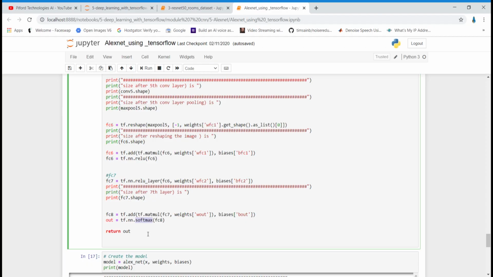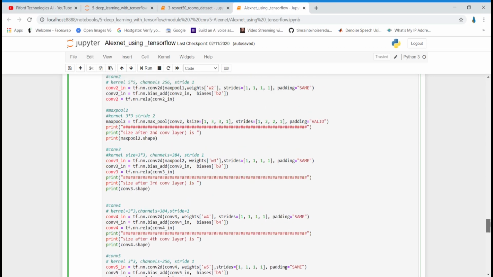But over here we want to know to which particular class the image we are giving to our algorithm belongs, bedroom or dining room. For that, our algorithm will give us the probability that this particular image belongs to bedroom, and the probability that this image belongs to dining, right? Finally our function returns this variable, and this will show us the output. So this is the network which we have designed.